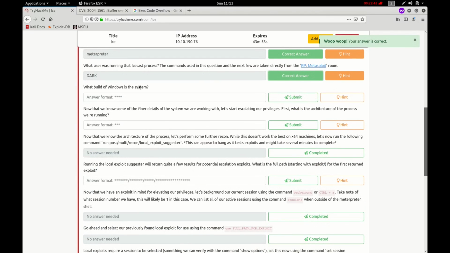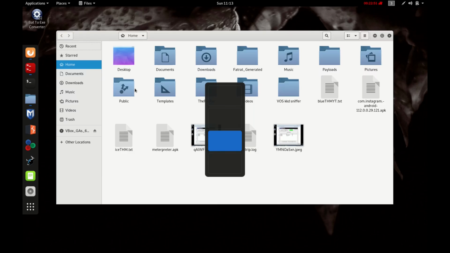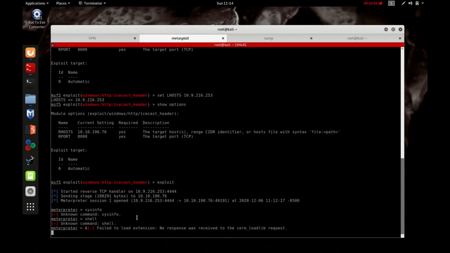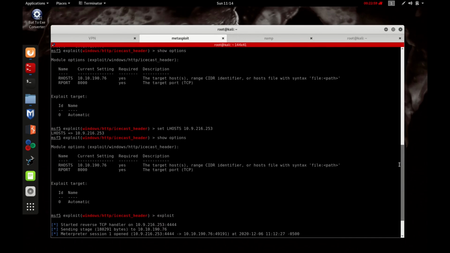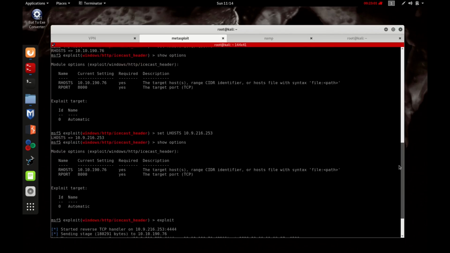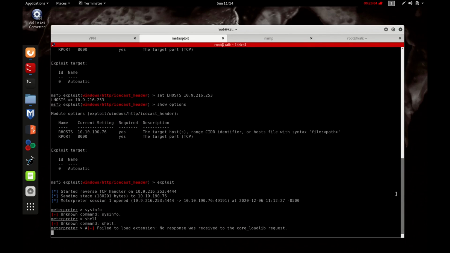What build of Windows is the system? Now I cannot get any answers from here because it failed to load the extension. Okay,